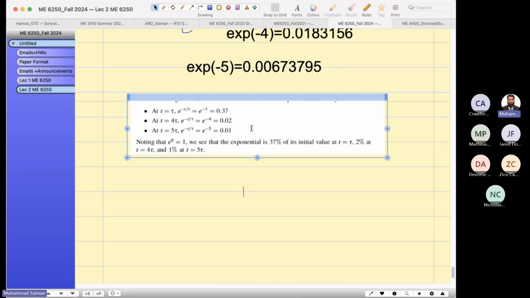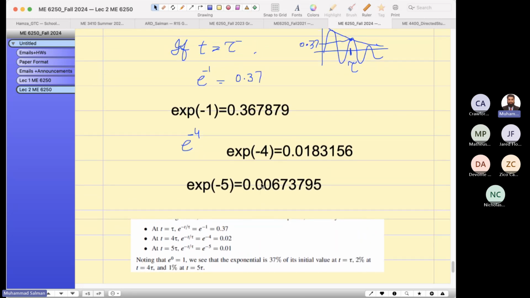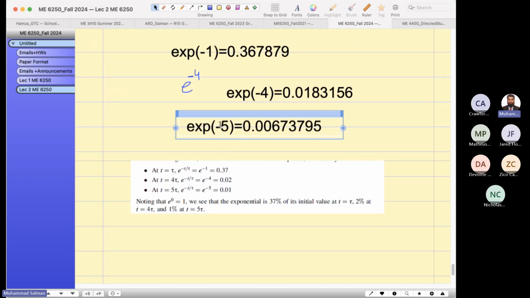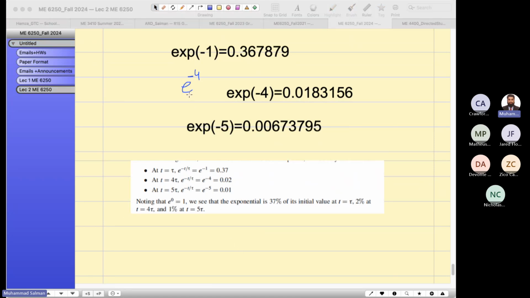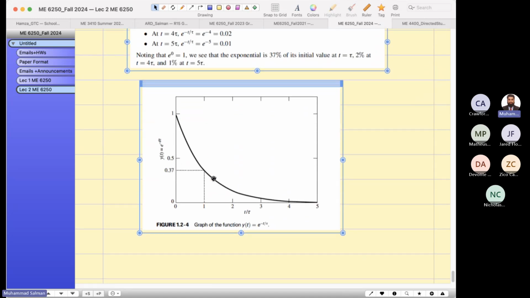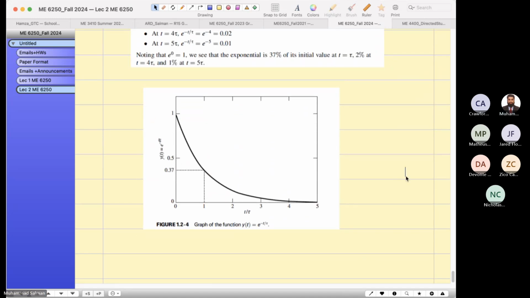You see, at the first time constant, it hits 37% of the original starting initial condition, and at 4 times the time constant, it goes to 0.02. At 5 times the time constant, it goes to 0. And this looks like this behavior. And the oscillation keeps on going inside this curve. They start decaying. If you multiply this e to the negative t over tau with a sine wave, the sine wave's amplitude will slow down and will come to rest. You see my point, guys?